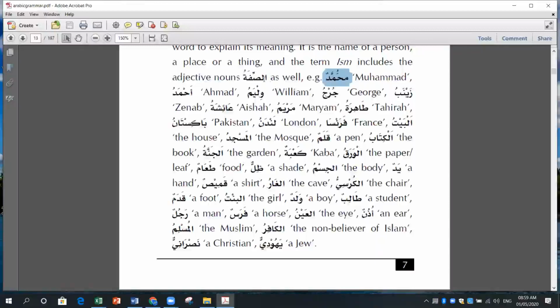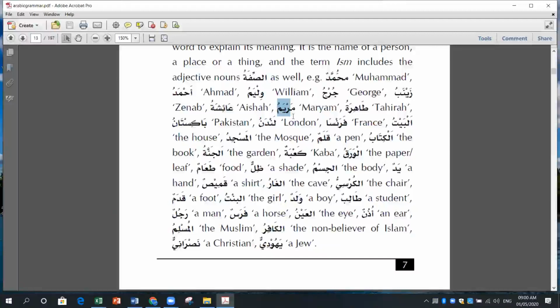Simply, I'll tell you, for example, Zainab, right? See this one, Zainabu. Tahiratu, Tahira, Maryam, Aisha, these are all female names, right? They don't carry the tanween with them. Just make it a rule: all female names don't carry it. Those female names should be real gender, real names. I mean, they are the person's names.